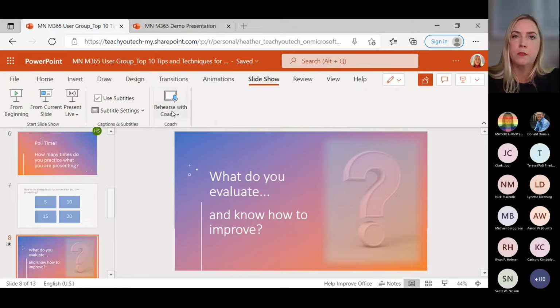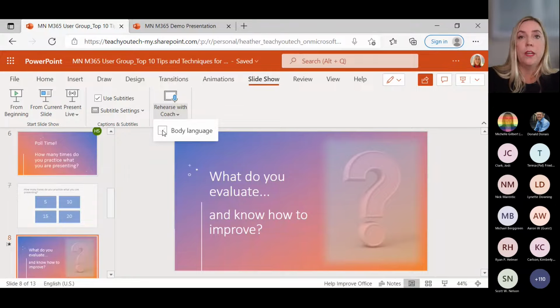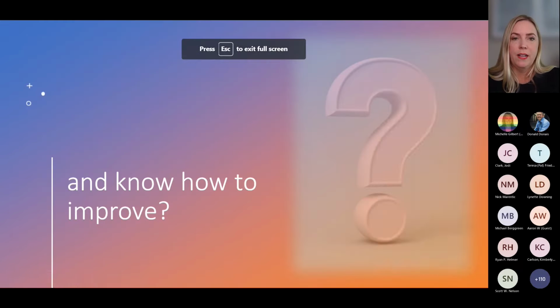You'll hear different names that it's referred to as, but when you set this up, you can also have it include body language. This is a newer feature of this capability. So if I'm using a web camera, I can check this off, and it's now going to be evaluating not only listening to what I'm saying, but it's going to be looking at what I'm doing on camera as well. I'm going to go ahead and leave that unchecked for now and then just demonstrate the core functionalities of it here.